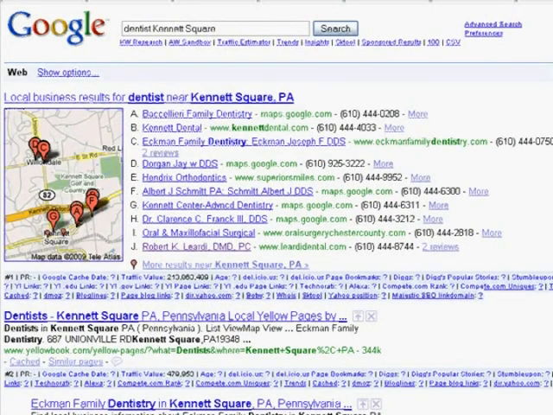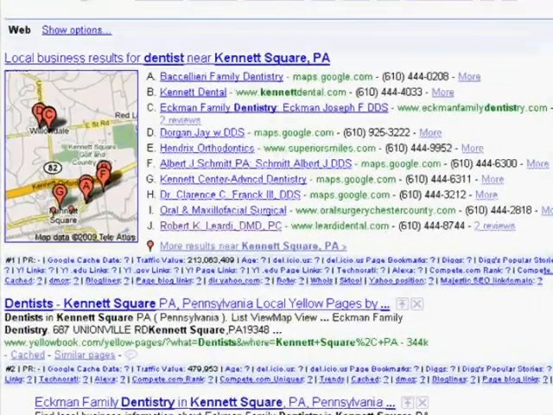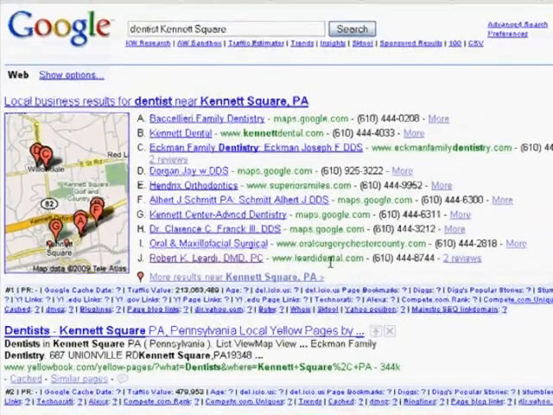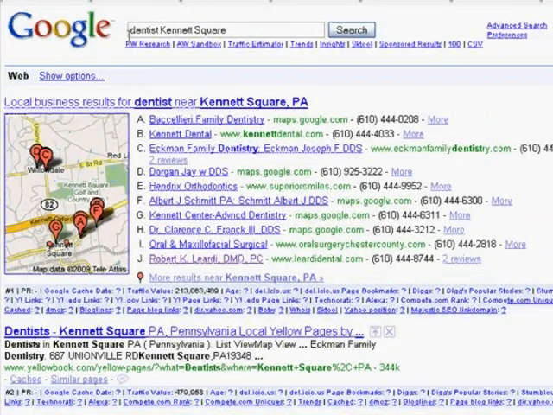A dentist's website that I will be working on improving the search engine ranking. The website in question is Dr. Liardi at liardidental.com. And what you can see here is when you do a search in Google for dentist Kennett Square,